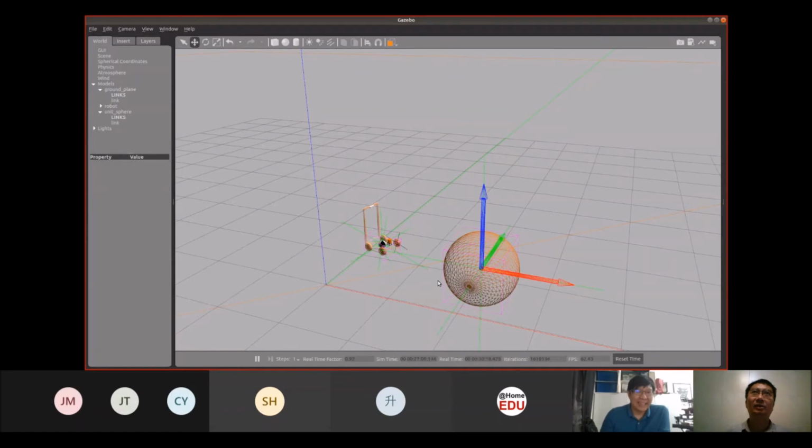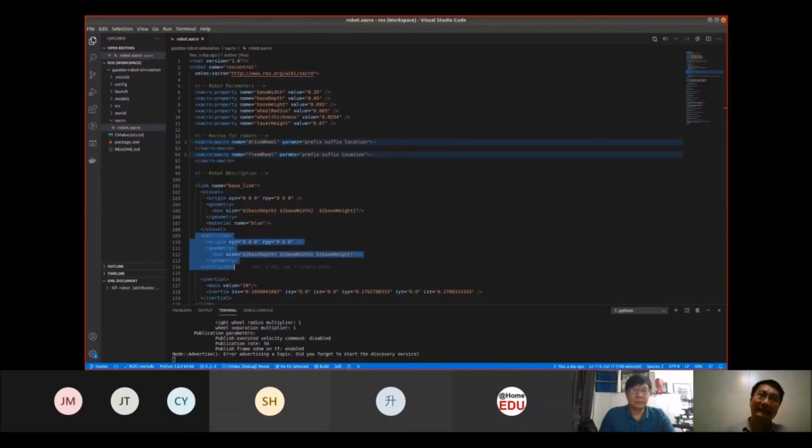Nothing much about 3D shapes because we don't go into 3D navigation or 3D SLAM, which you might need if you are working with a drone. But in my team's case, we only concern ourselves with the 2D plane.